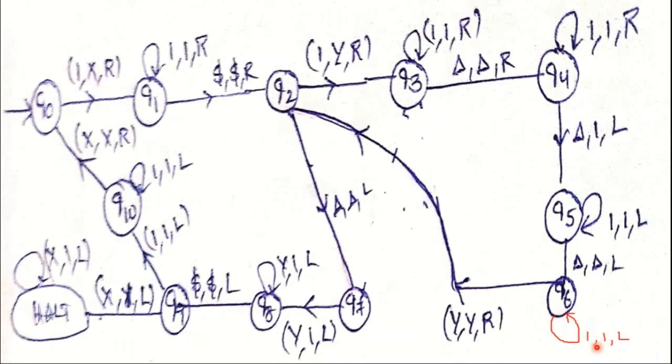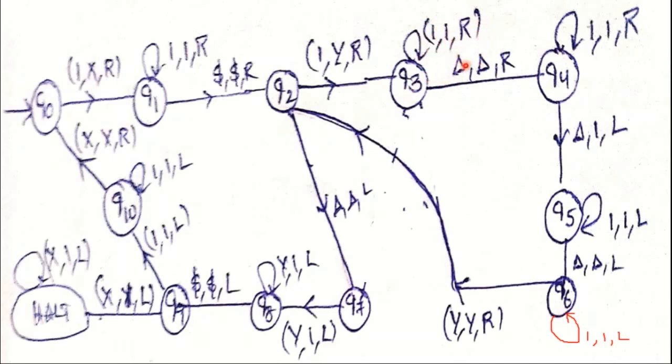Here there is a chance of getting any number of ones from variable B. Those all ones can be skipped and then move left. Whenever we read y, that means the recently marked external marker symbol from variable B. So no change, it was not marked as anything, and then move right. Now we read the third one and that one can be marked as y and then move right. Actually here we consider 3, so there were no more ones. In case of more than 3, if we read any one, then no change and move right.